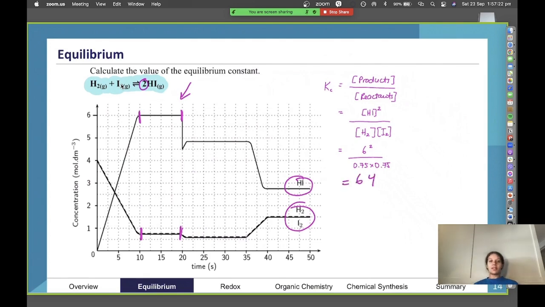So that means that we've got a massive favoring of the product at equilibrium. As you can probably see from the graph, we've got a lot of products compared to our reactants. So it makes sense why it's so much greater than 1, because keep in mind this is a ratio. Depending on if it's less than 1, greater than 1, and by how much, you can interpret a little bit about what the reactants and products are like at equilibrium.